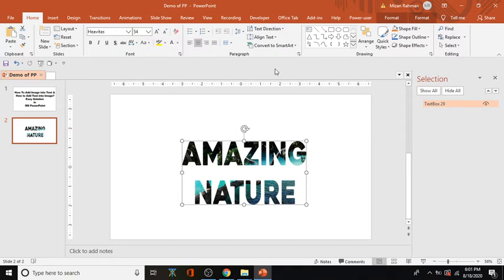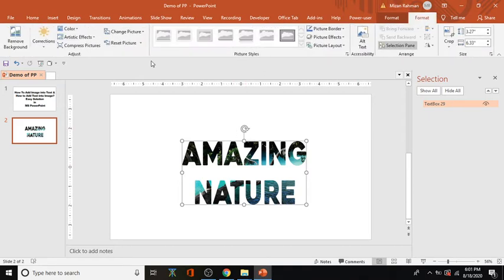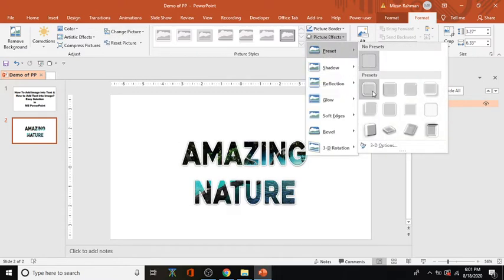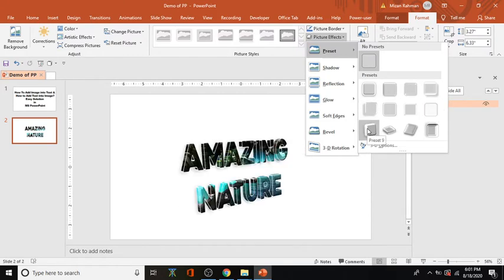There are a lot of formatting options. If you want to change the picture you can change it from here. Go to the format menu here. You can also give different effects, whatever you want.